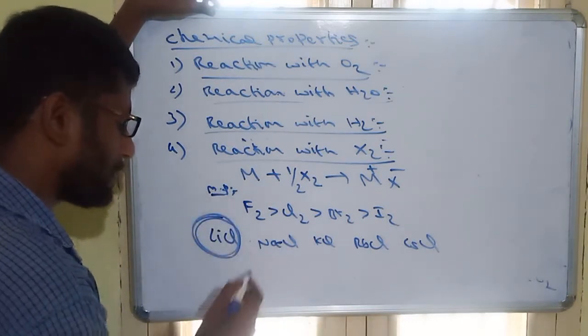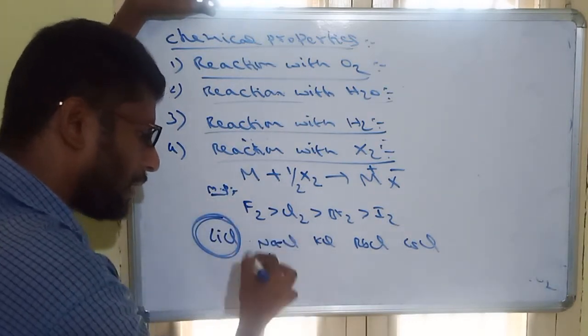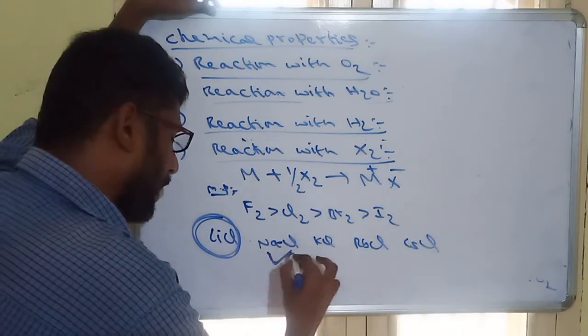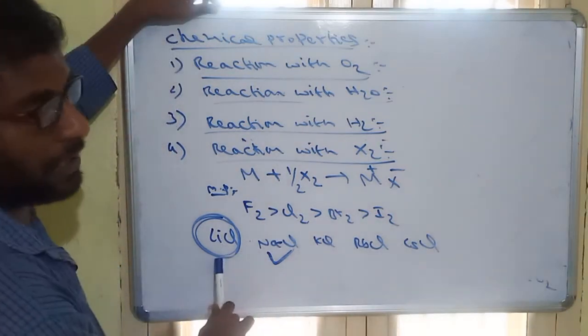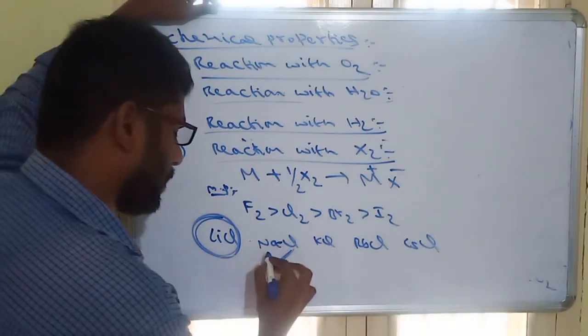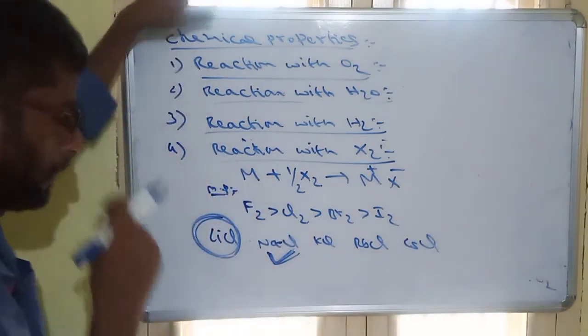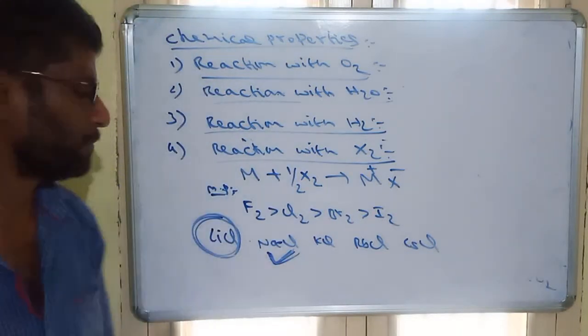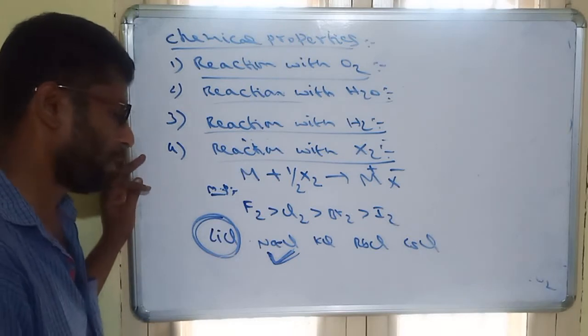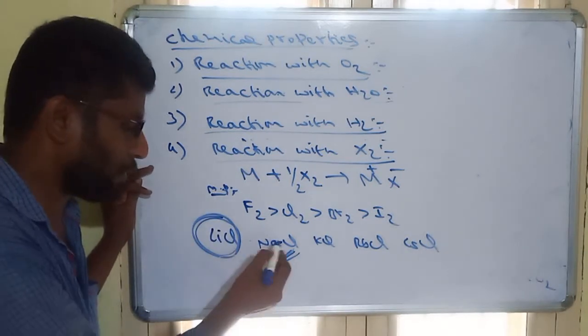And sodium also has a small size, and the ionic nature is also there. NaCl has the highest melting point. Remember, among different central atoms with the same halogen, sodium halide has the highest melting point due to ionic nature and small size. That is most important. Small size gives a higher melting point due to strong bonding.